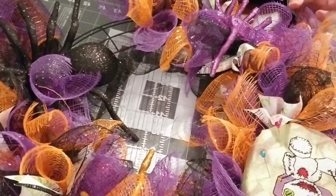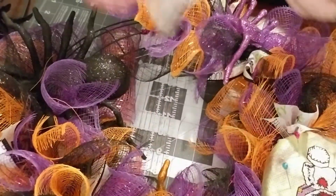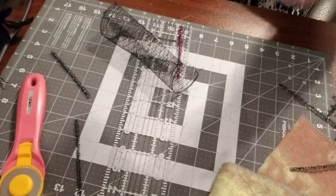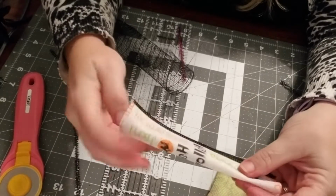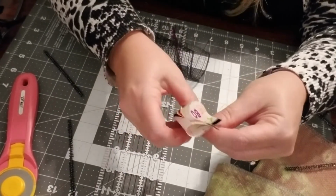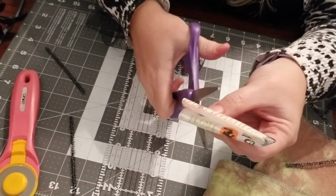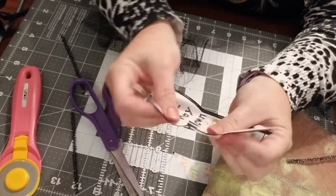I also had Halloween ribbon that I got, and what I did with that is I cut it in 6-inch pieces as well. Let me move the wreath so you can see what I'm doing better. All right, so I had a 6-inch piece of the ribbon, and what I did was I folded it over right side in, and then I folded it in half so I could cut both pieces at the same time. It has wire in the end, so I used my paper cutting scissors, not my fabric cutting scissors. My mom would be proud. So then I just cut through all of it at an angle,